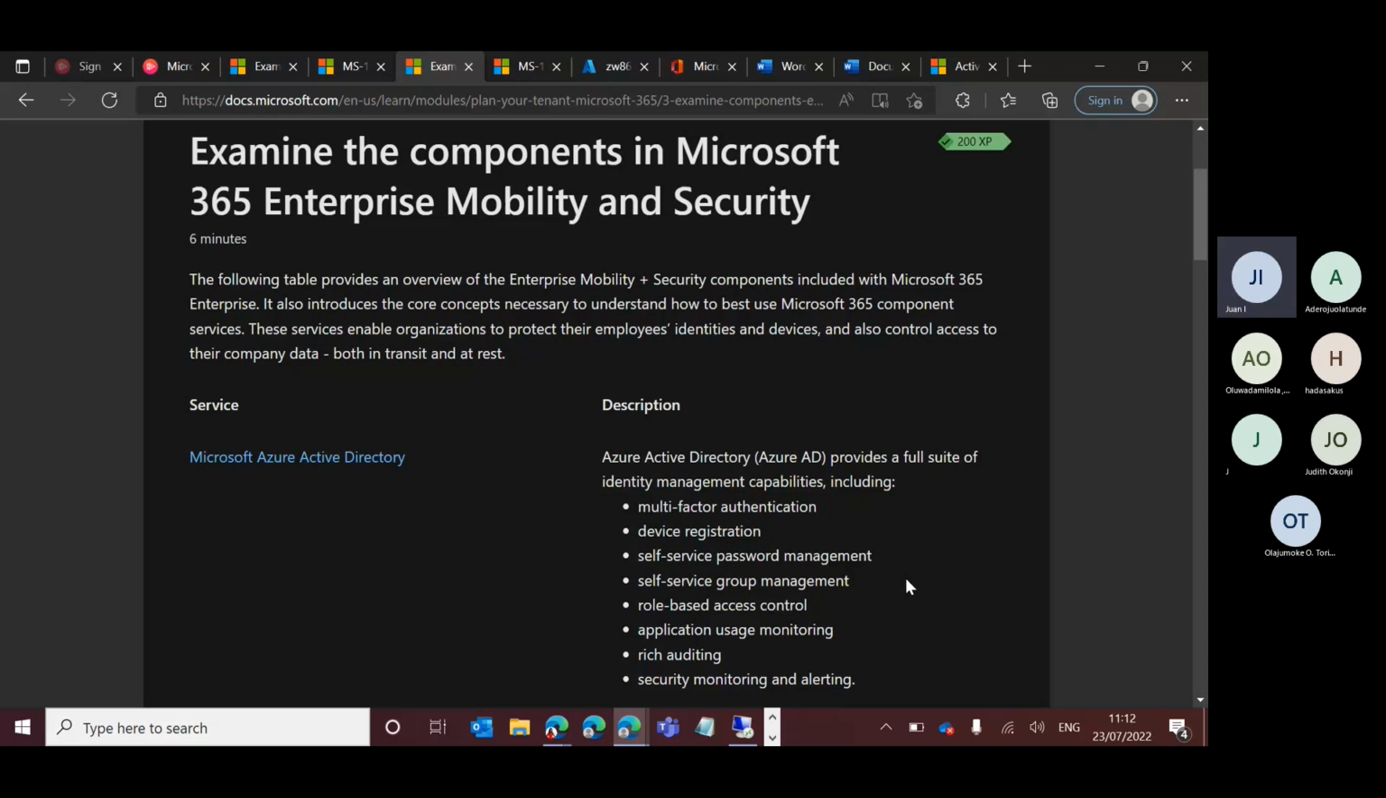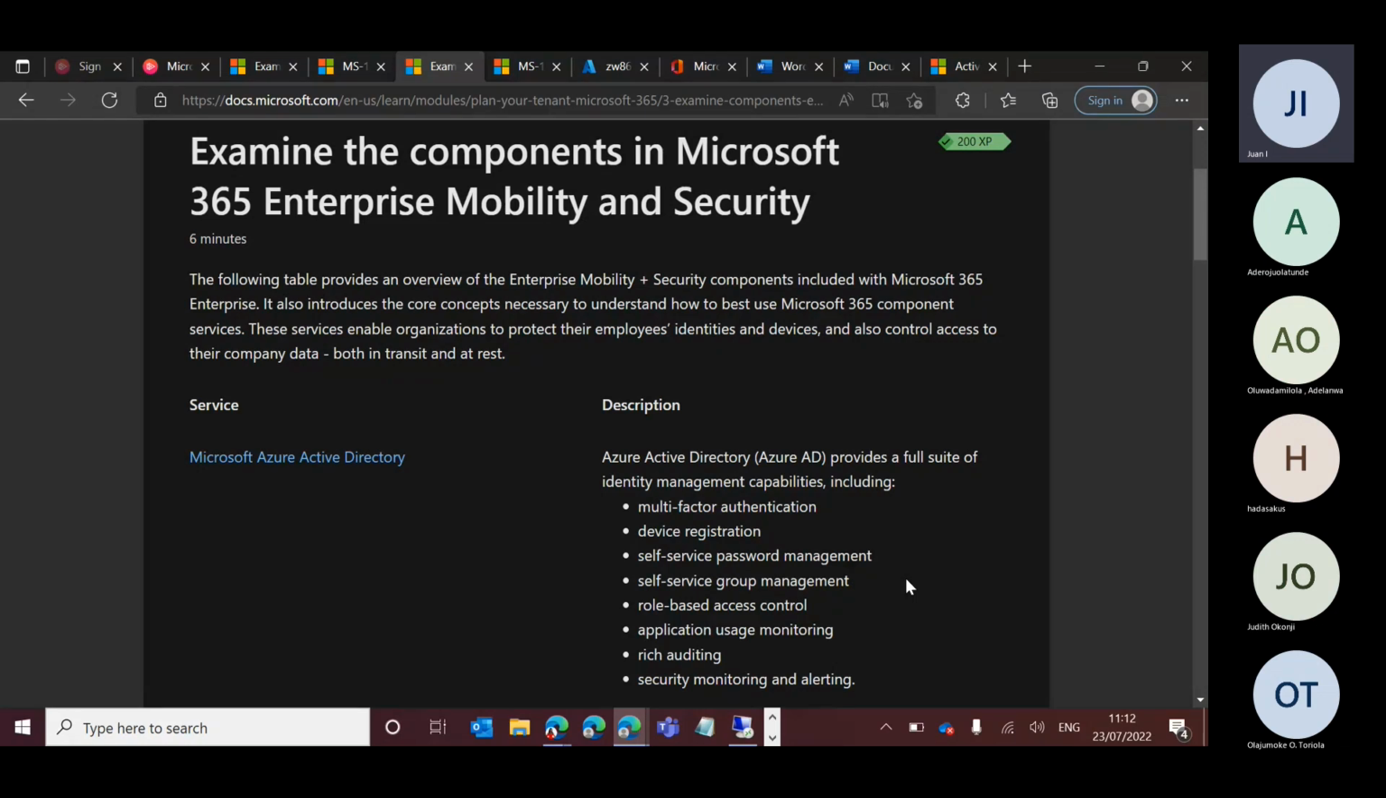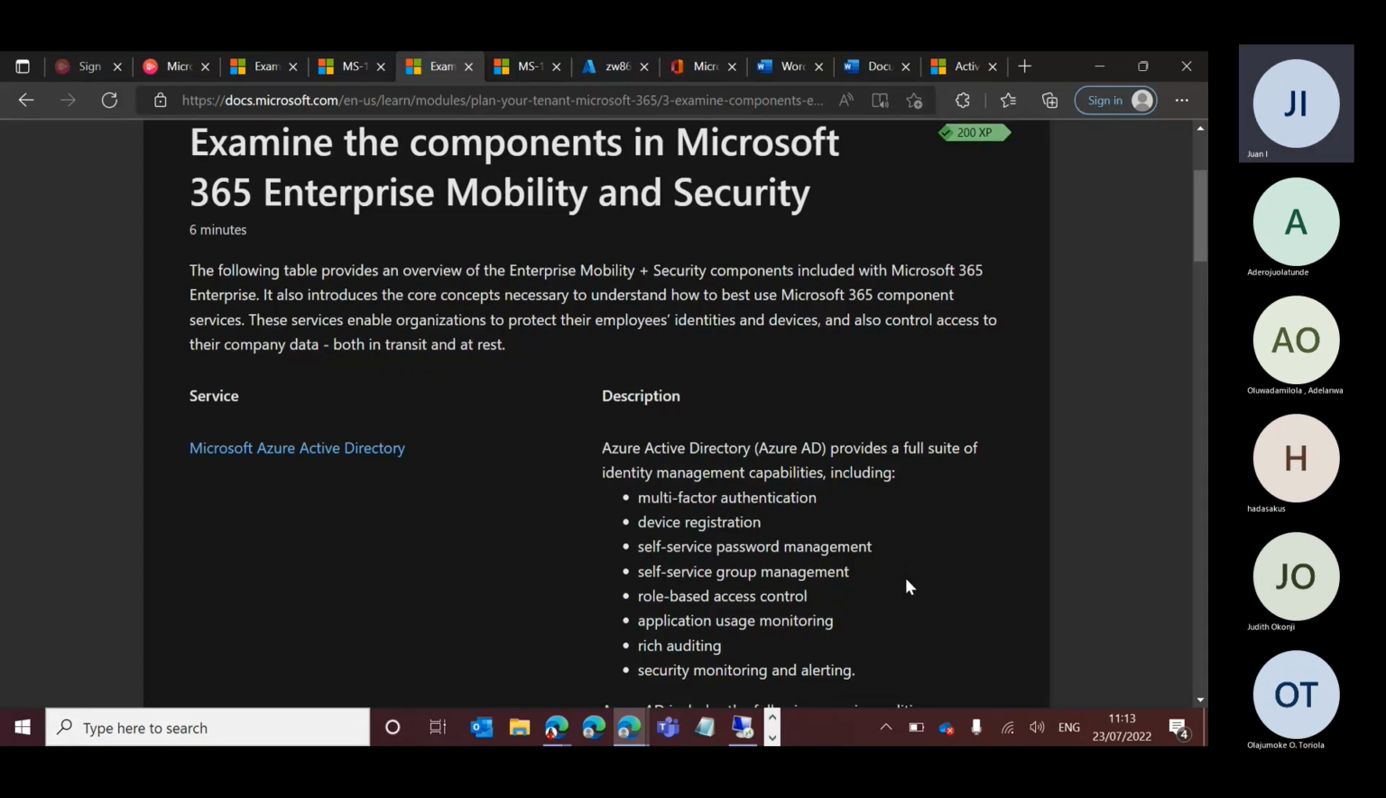There are components that are included with Microsoft 365 Enterprise. I mentioned earlier that the enterprise plan, the plan used by enterprise organizations, has more advanced security features than the basic business plans, right? And some of the services that come with this enterprise plan include